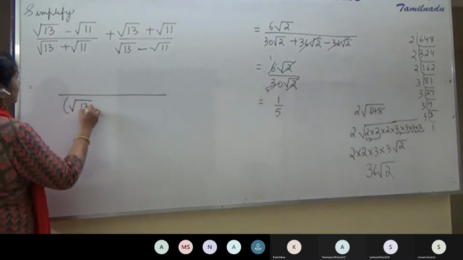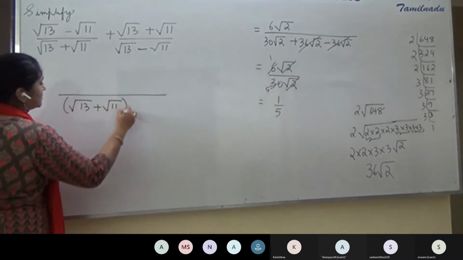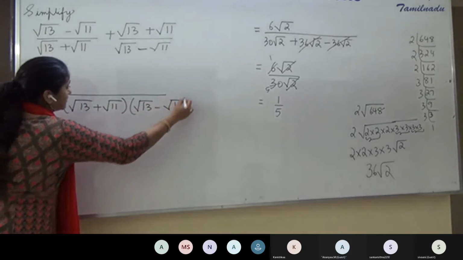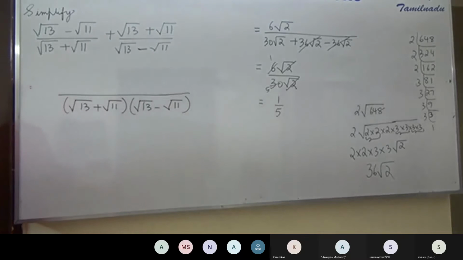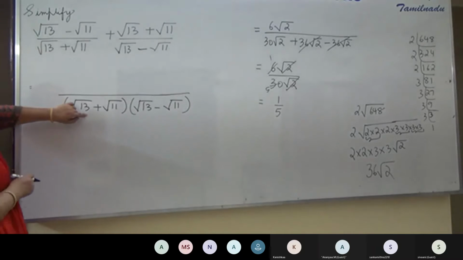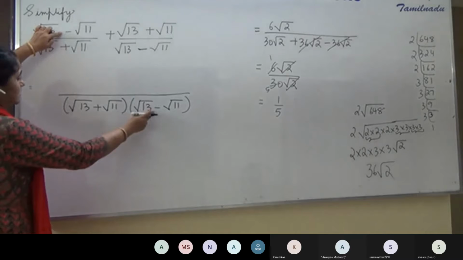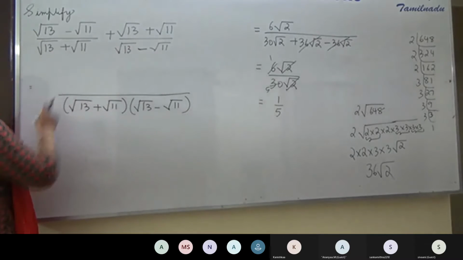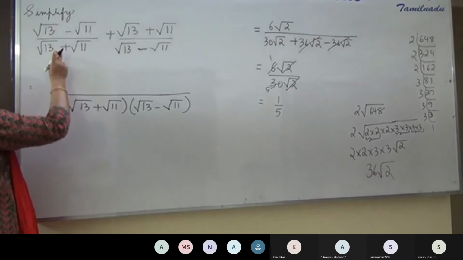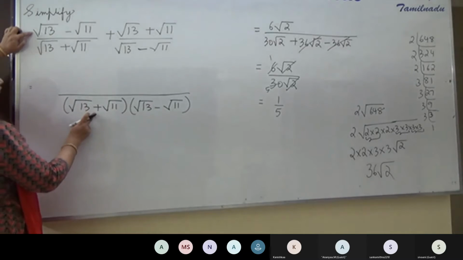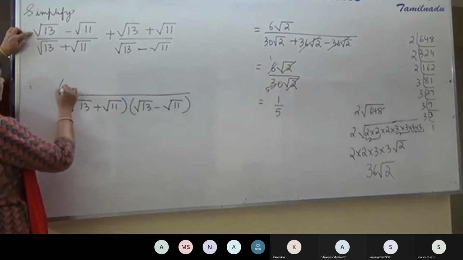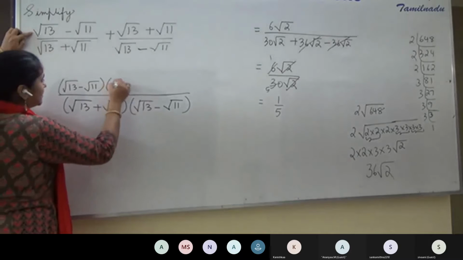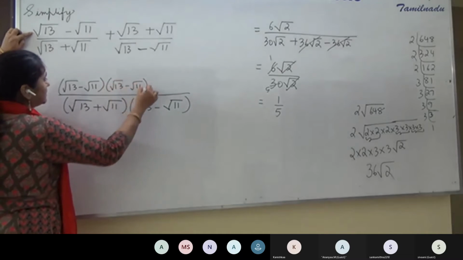Because they're conjugates, we write out the LCM of the denominators like this. The product of the denominators is the LCM, and that product will be the common denominator. Now in the first expression, we have this denominator, so we need to multiply the numerator with this. So write root 13 minus root 11 as it is and multiply it with another root 13 minus root 11.